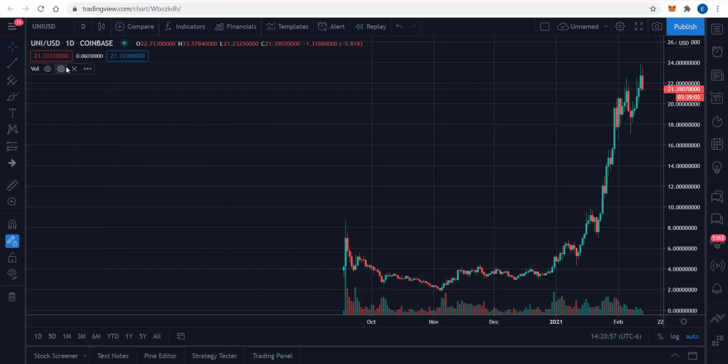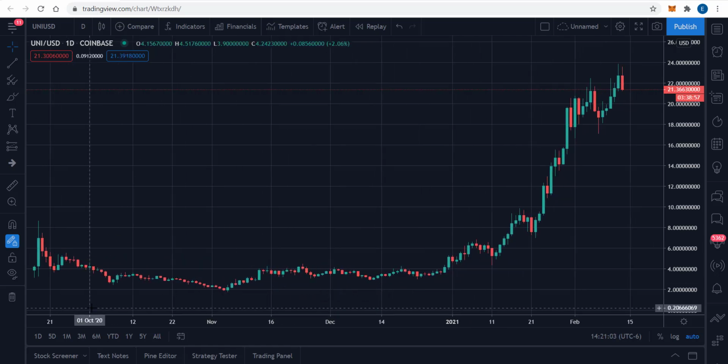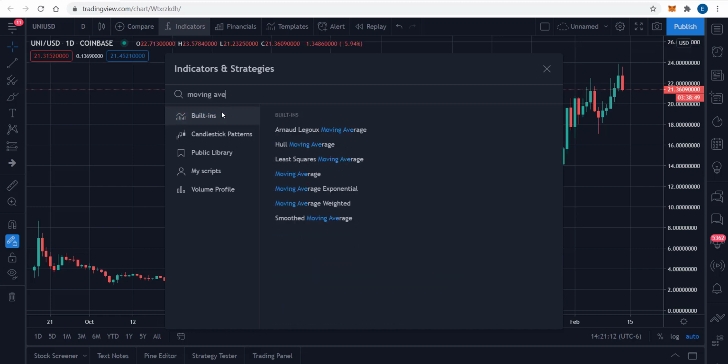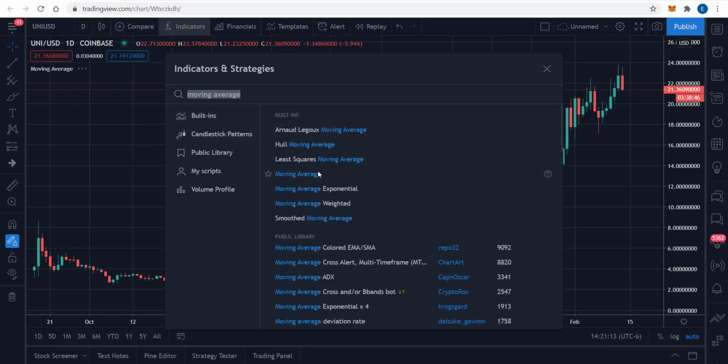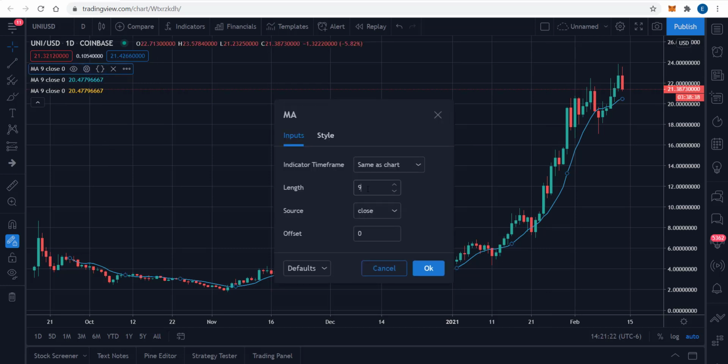So I'm going to get rid of this volume data because I really don't like using it. I'm going to stretch this out a little bit. And as I look at this, we're going to start off like usual. We're going to go ahead and throw in the moving averages. But when I look at this, it's just a parabolic move, so I don't feel like a lot of this is going to be valid.